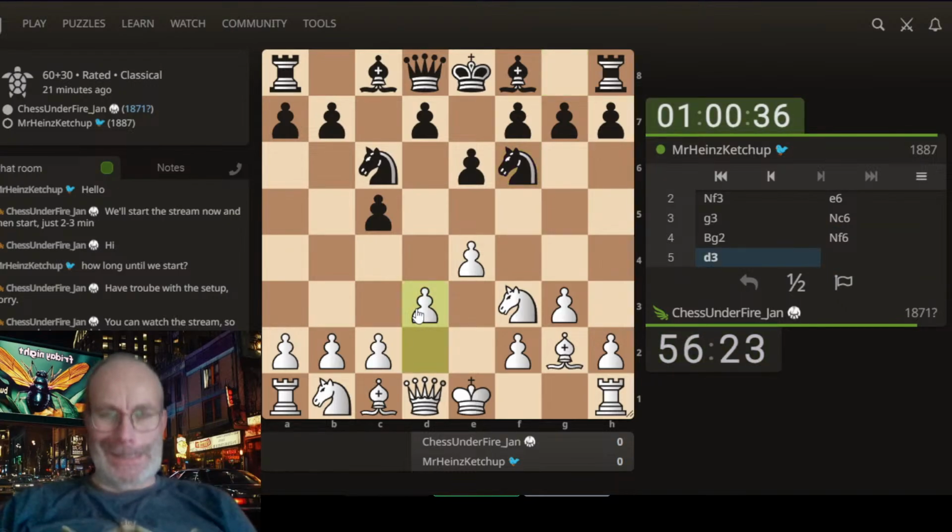Jan played d3, yeah, that's probably the most reasonable move here. And there are 41, I think, or 43 players in this tournament. So a lot of players, 7 rounds. It's the second round, and we will see. It will be very interesting to see how Jan will play this whole tournament. It's basically his second classical tournament, like ever, maybe even. So the first one wasn't very successful, but that's probably just because it was the first. Now I think it will be different, and that's why I'm very curious to see